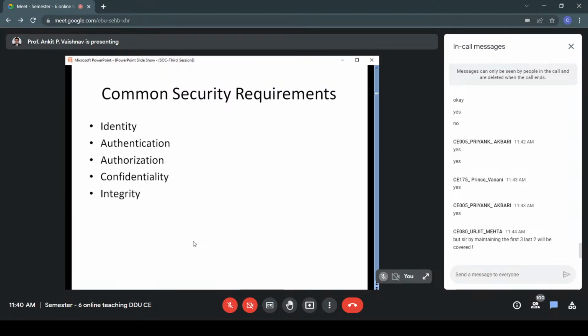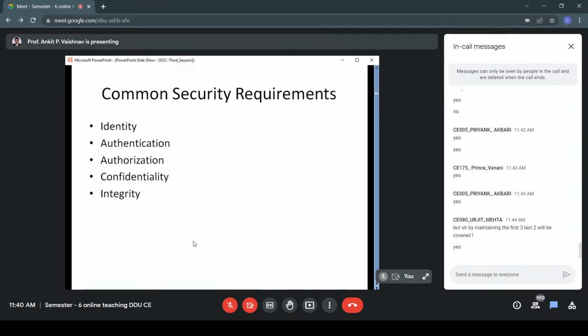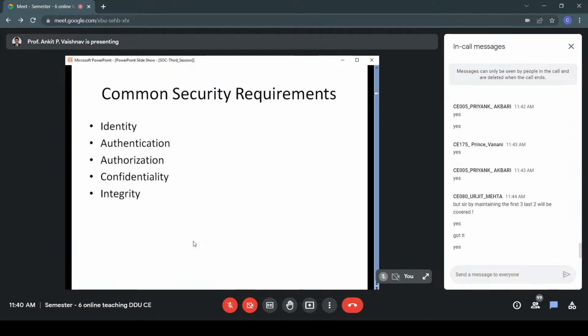Not necessarily, Urjit, because what if your message is not encrypted? And you can generate a false claim also, isn't it? Can't you generate a false proof? If you are a real imposter service, you can generate a false proof. So we would not like to take any chances. I hope you agree to this. If it is a banking based solution, yes. So that is why.